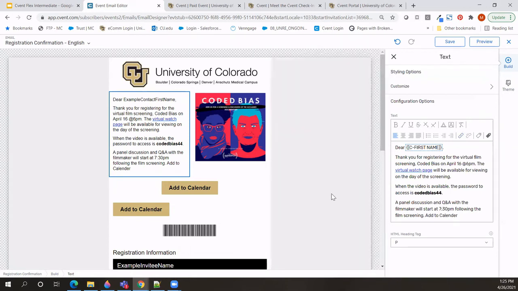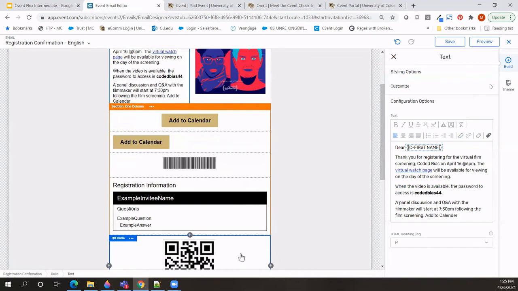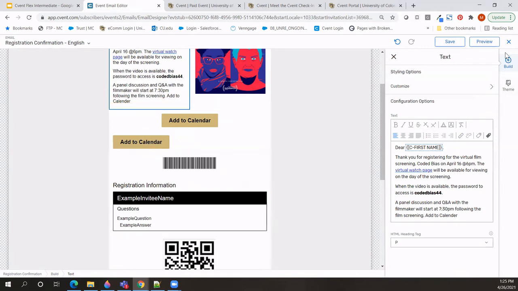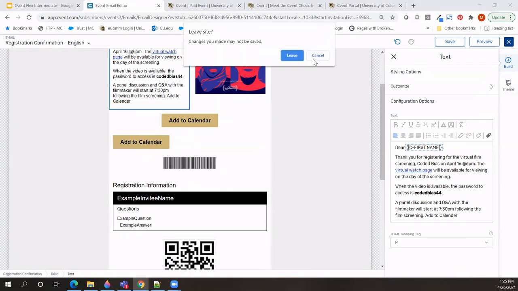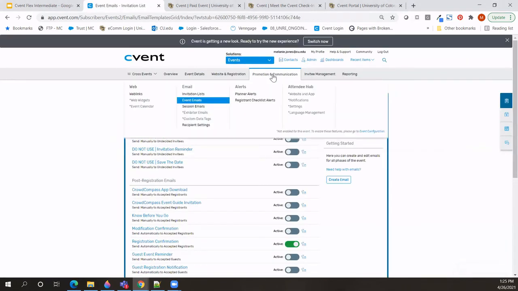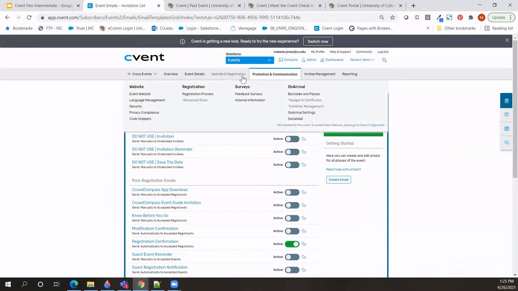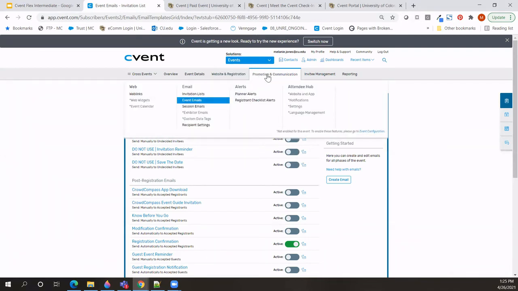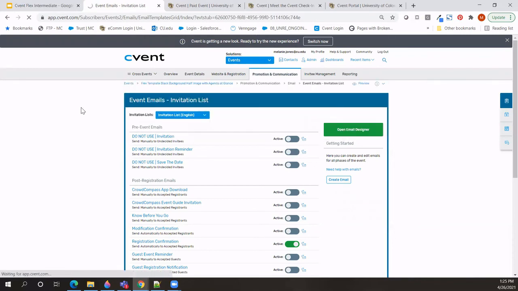Earlier, I mentioned that instead of putting all your speaker information here, you could instead, just as I did, either put a button there that says speakers or link it in the text. But to get that actual URL of the speakers, I do want to show very quickly that within promotion and communication and web links,